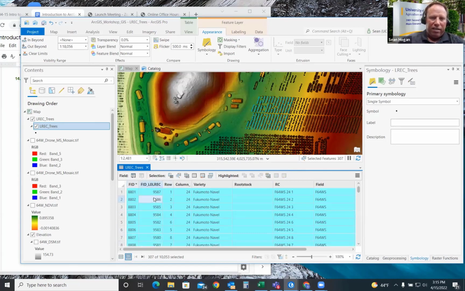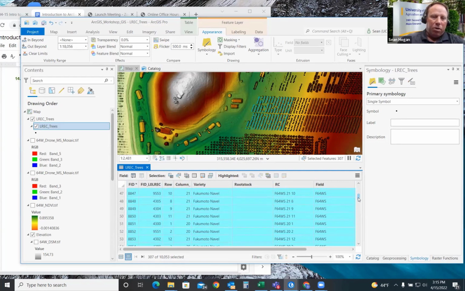One of the fields that we have here, not referring to the orchard fields, but the column header fields, is FID LOREC. That's the FID for the Lynn Cove rec data that would be analogous to those ID or RFID numbers for each of the trees.